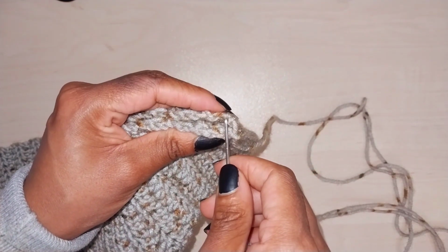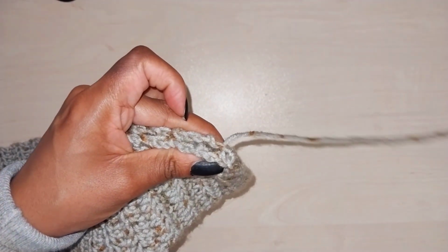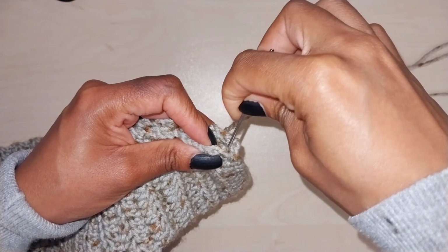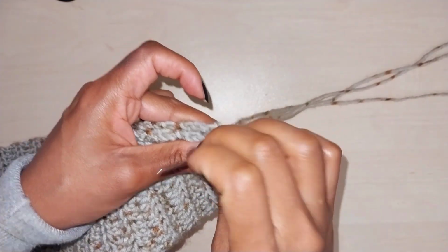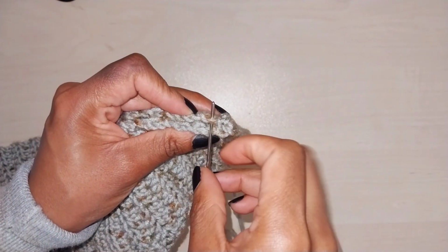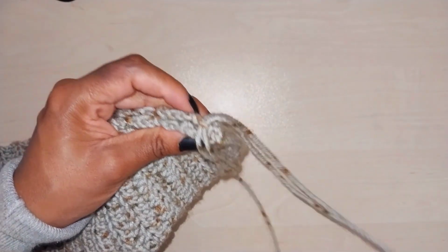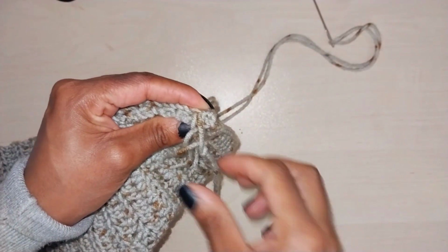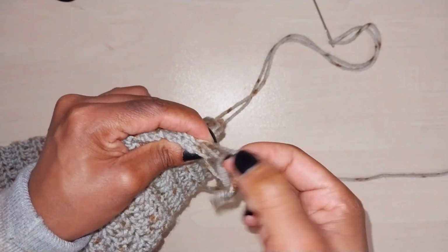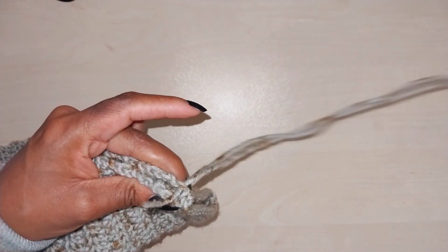So we are going to go in there, and then once again come back now to the very opposite of that alternate end. So that's this, and then we're going to go again to the alternate end, pull through. Might get a bit messy at first because you're working with so much yarn. Just pull through slowly,